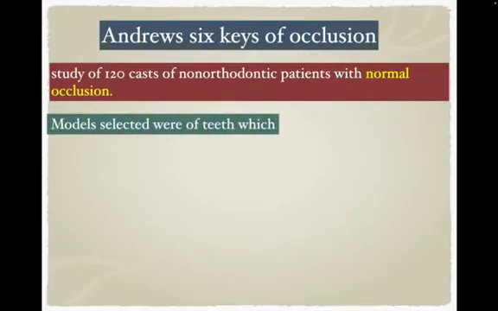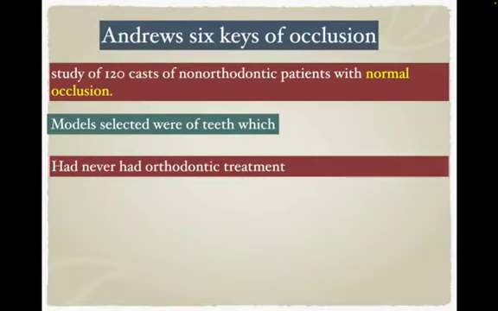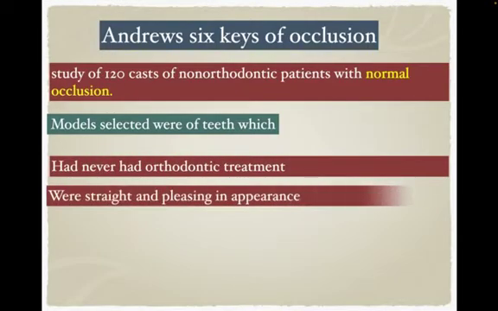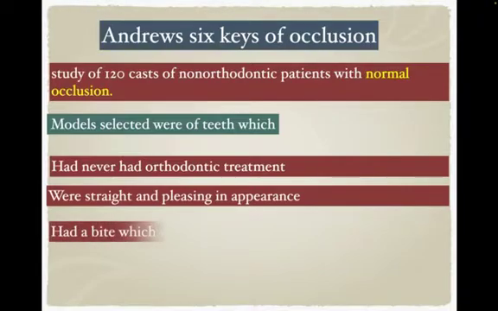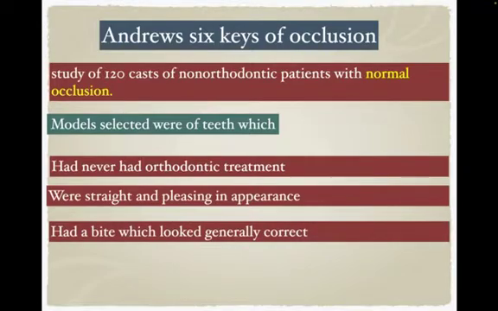Andrews used to work in California, where there are a lot of models, so he picked 120 models who never had orthodontic treatment at all, and whose teeth were straight and pleasing in appearance. The teeth looked good, and the bite looked generally correct